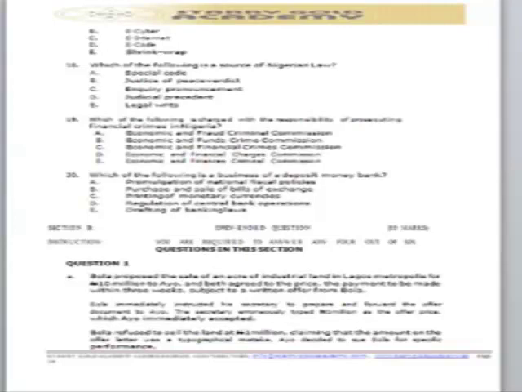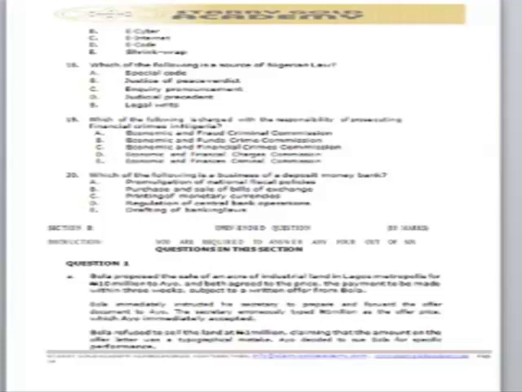All right, section B. Section B here has about 6 questions, and you have to answer 4. The first question is a case scenario question, which we have to read, and after reading, you give your solution. It says Bola proposed the sale of an acre of industrial land in Lagos metropolis for 10 million to